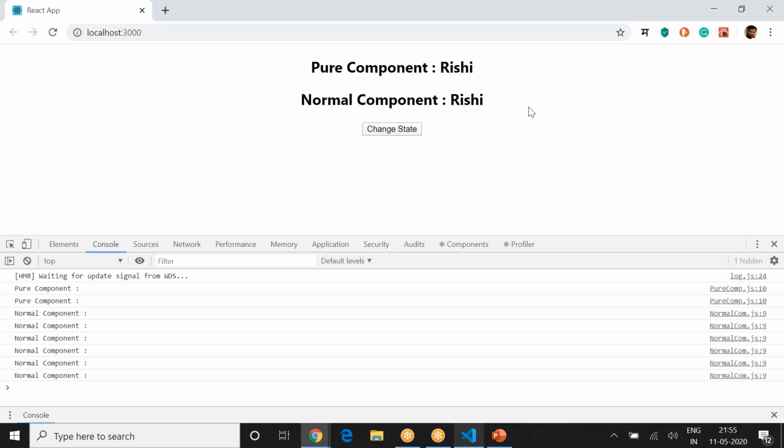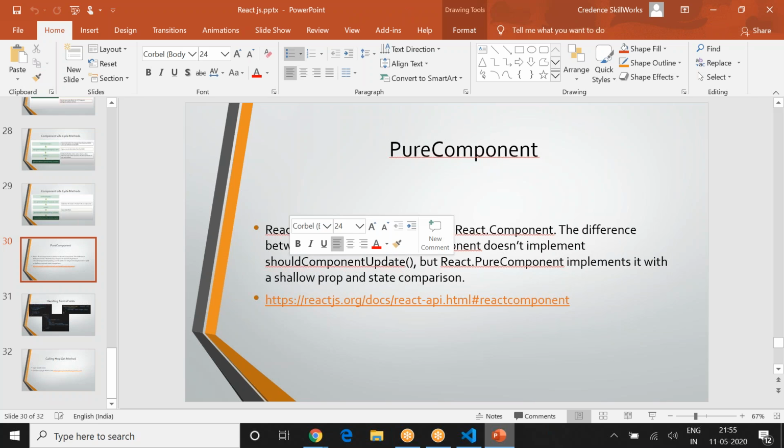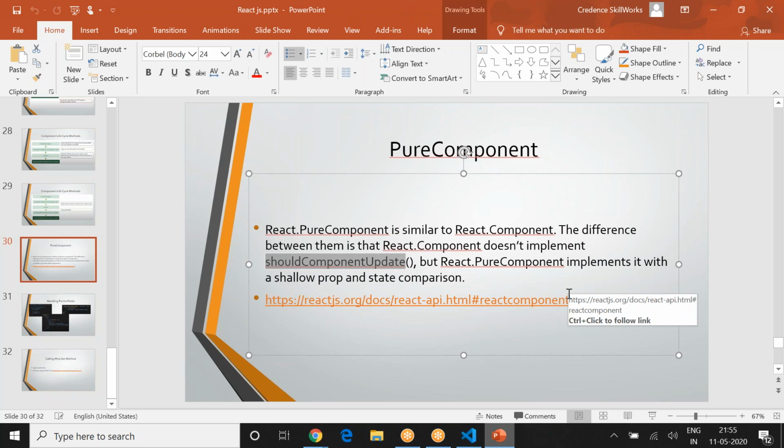Why? So we did this demo, just passing some properties, to understand what a pure component is. A pure component actually gives an implementation to the shouldComponentUpdate method. I just went here and added that particular link for you. So shouldComponentUpdate has a shallow comparison, which means it will actually check value by value. Whether you have three properties or 30 properties, it just checks the references of those values to see if they are exactly matching.